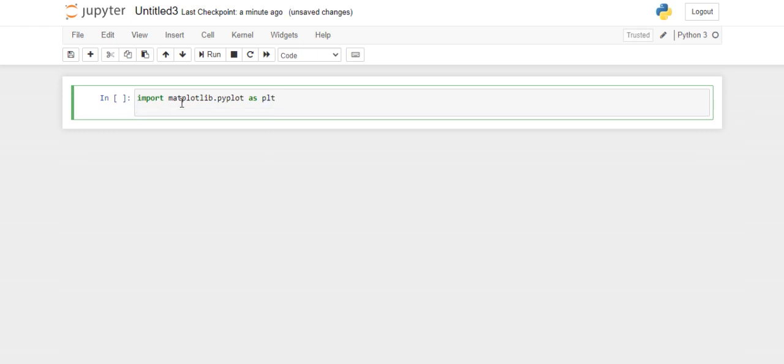Then take one variable for storing that image, to read that image. Here, image equal to plt dot imread. Here you have to specify the file name and file path. So for that,